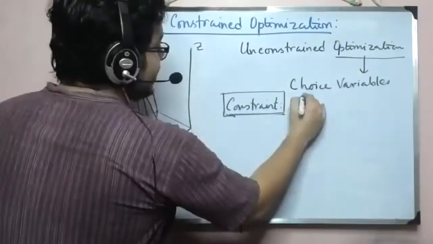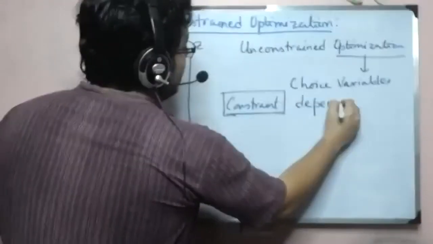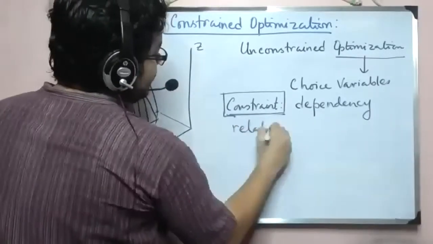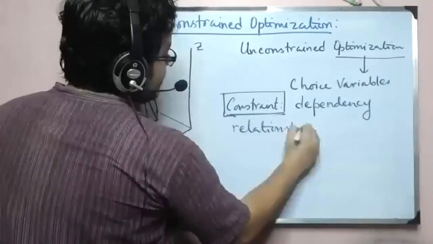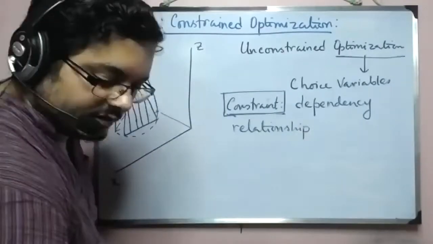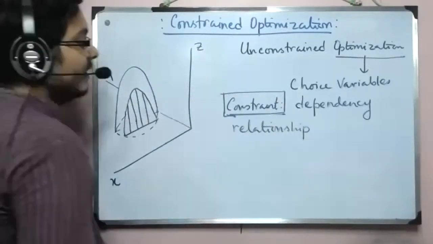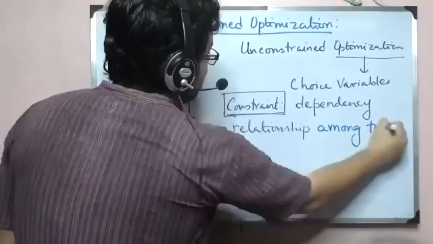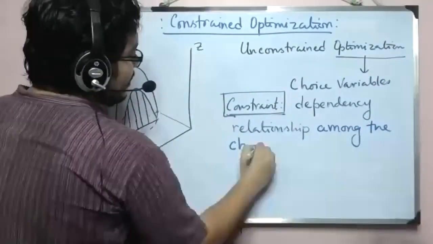Constraints are basically some kind of a dependency relationship among the choice variables. Okay, and the